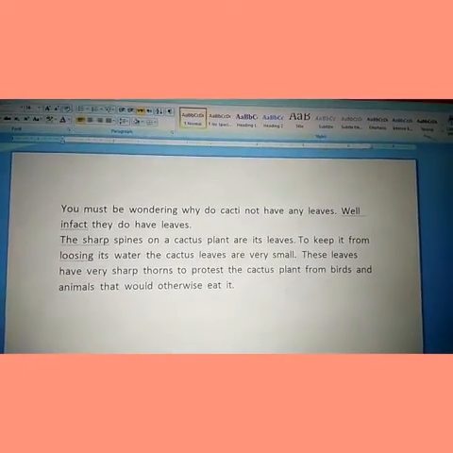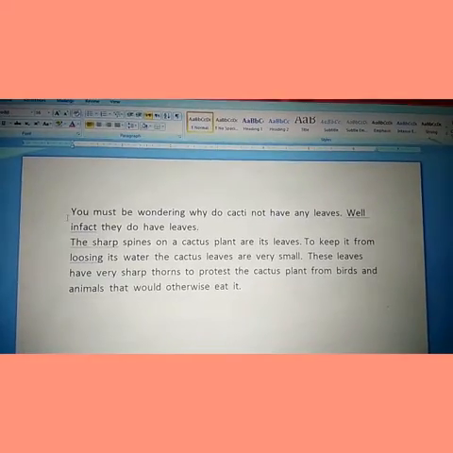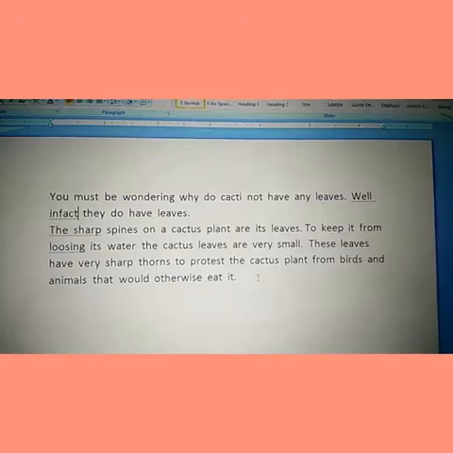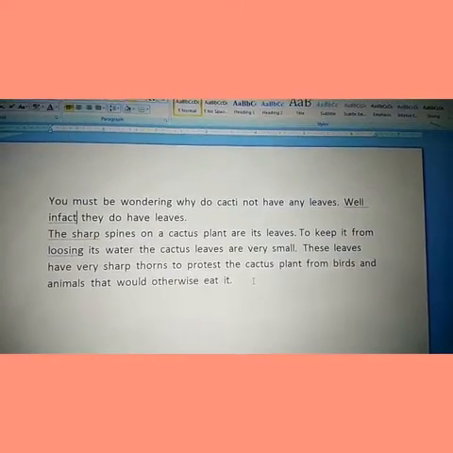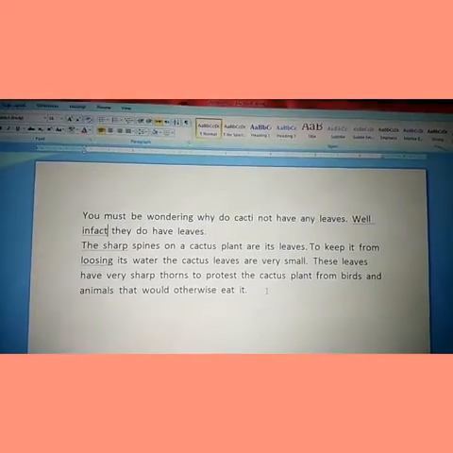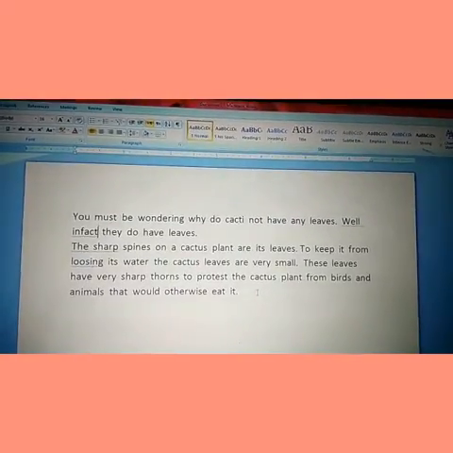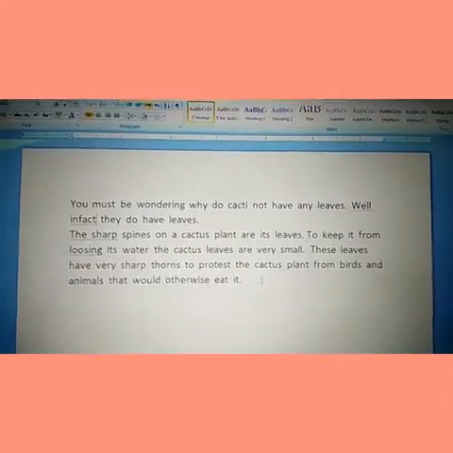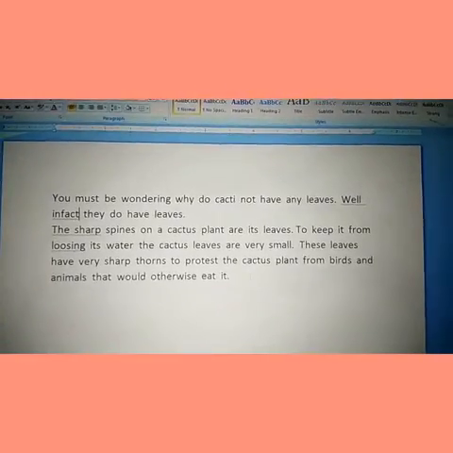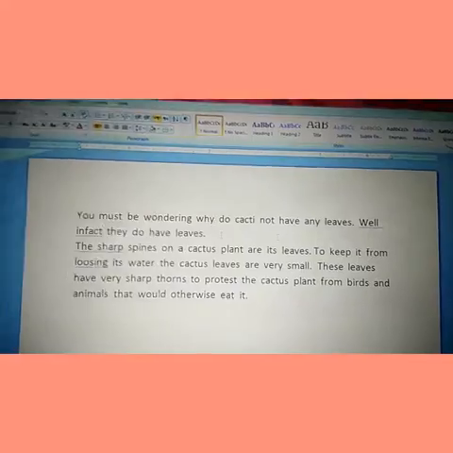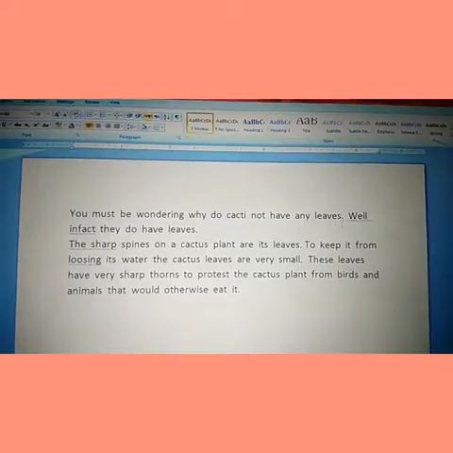See students, in this paragraph some lines are already mentioned, but we want to make some edit in this paragraph, one line. So how to edit? See students, this is a paragraph. You must be wondering why cacti do not have any leaves.